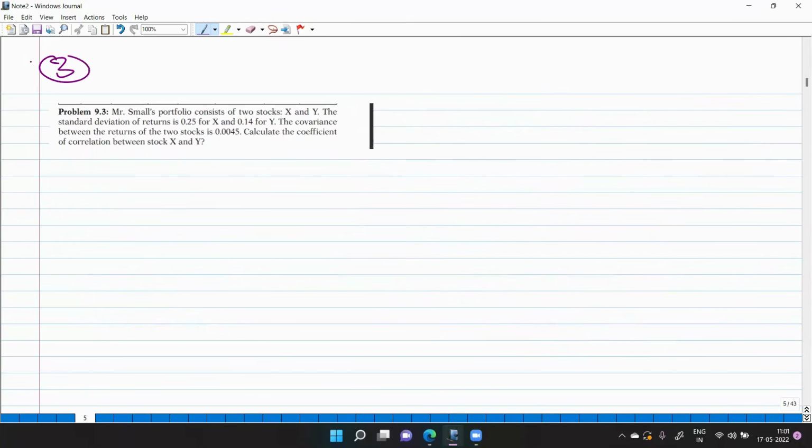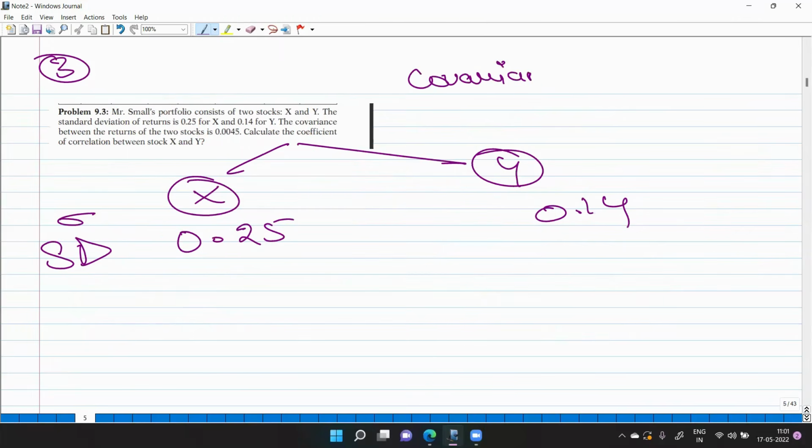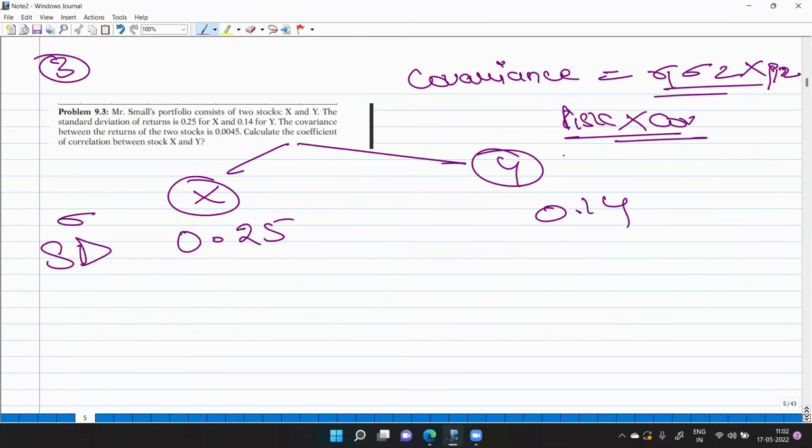Now let's move on to the third question. Mr. Small's portfolio consists of two stocks, stock X and stock Y. The standard deviations given to me are 0.25 and 0.14. The covariance between the returns of the two stocks is given. What is the formula of covariance? It is sigma 1 into sigma 2 into P12, that is, risk of security 1 into risk of security 2 into correlation, right? So I have been given this particular value as